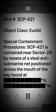Item: SCP-421. Object Class: Euclid. Special Containment Procedures: